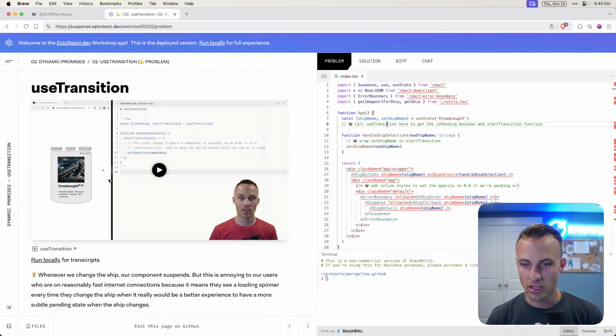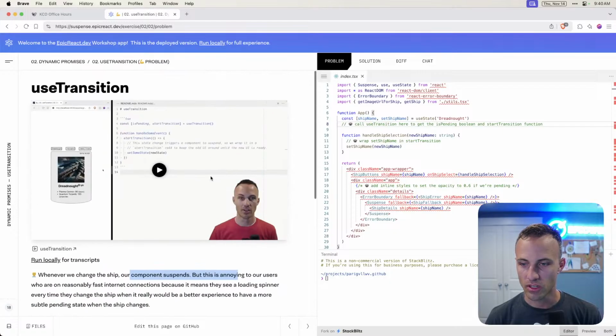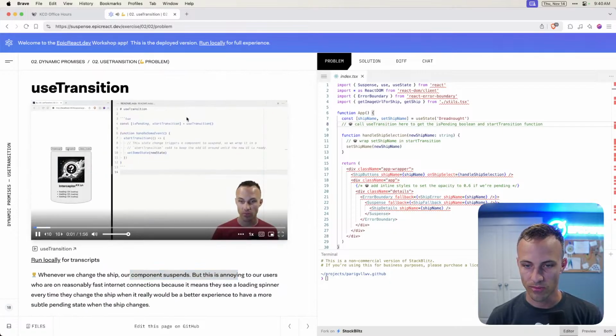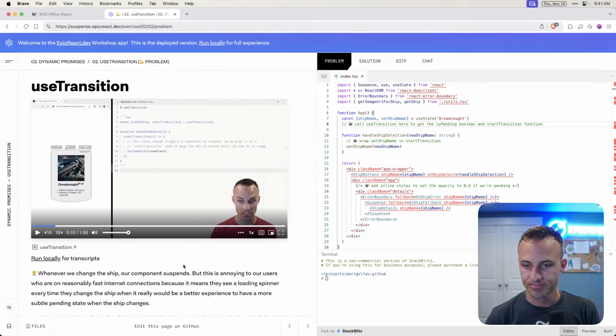We're going to use transition because whenever we change the ship, our component suspends, but it's annoying. One thing that you'll notice as we navigate between these different ships is that we go to our loading state, and that's kind of annoying. And if it's fast enough, why did you go to the loading state?